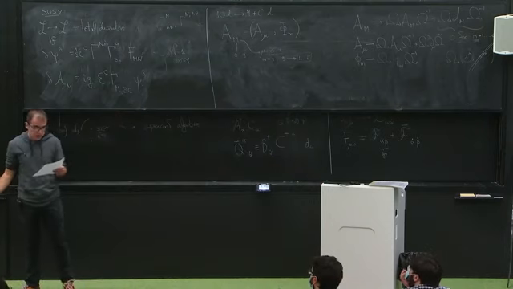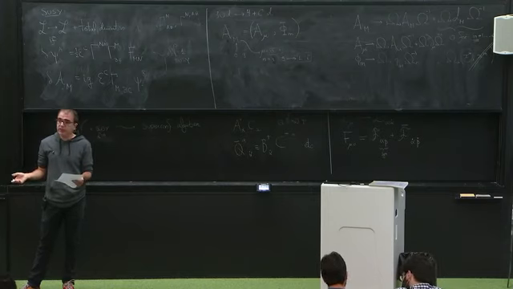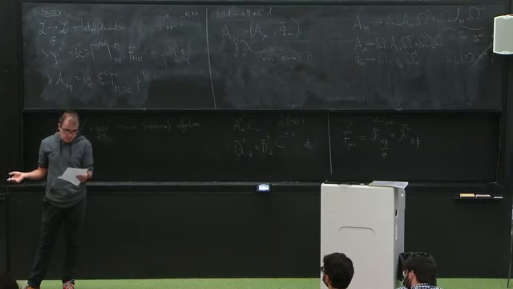Then the second equation, Q with Q equals Q tilde with Q tilde equals 0. Now let's think a little bit. So Q increases dimension by 1/2, right? And so Q with Q would have to be an object that increases dimension by 1. But with both indices alpha and both indices,